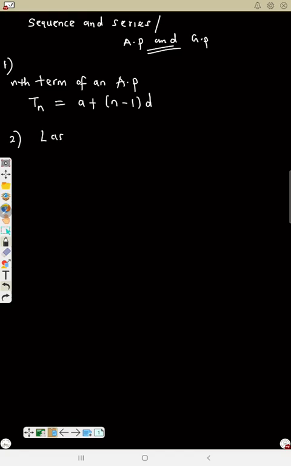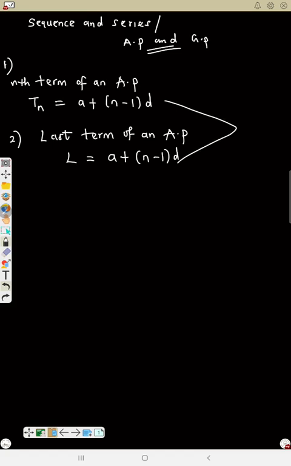Last term of an AP. So last term of an AP, that means L is equal to a plus (n minus 1) into d. Now do you notice that the nth term and the last term formulas are the same, but we use Tn for nth term, we use L for last term. Number 3,